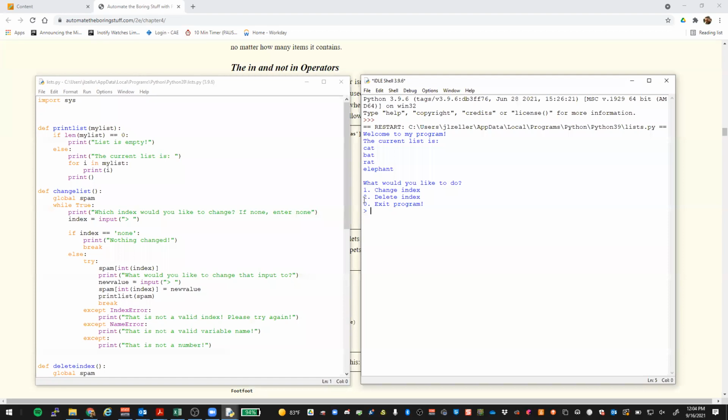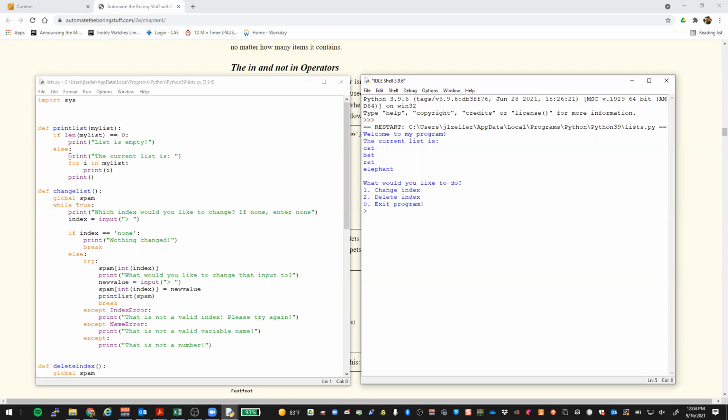So in our program here, we had a nice little current list come out. We have to tell it what index. Now, it's not necessarily intuitive for people using the program to know that the index starts with a 0, right? Most people would think it starts with a 1. So in order to modify that to make the program look a little bit better, what we can do is